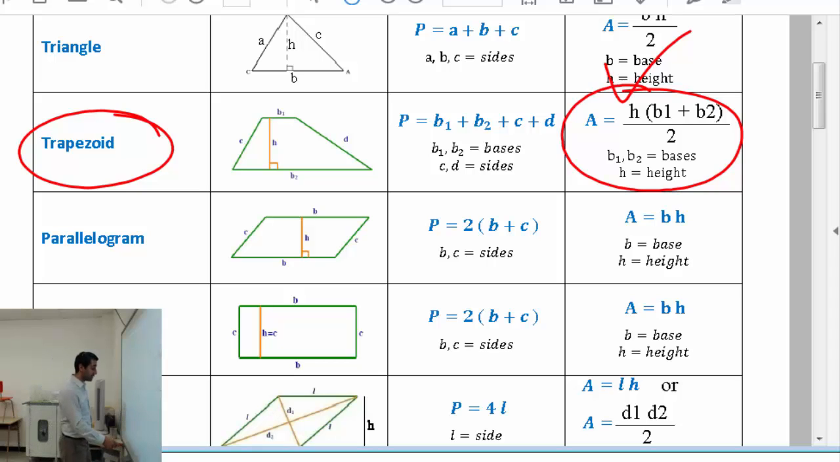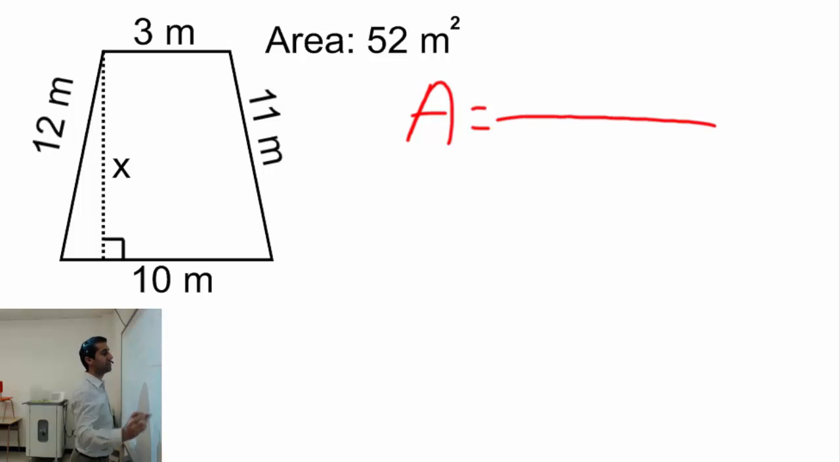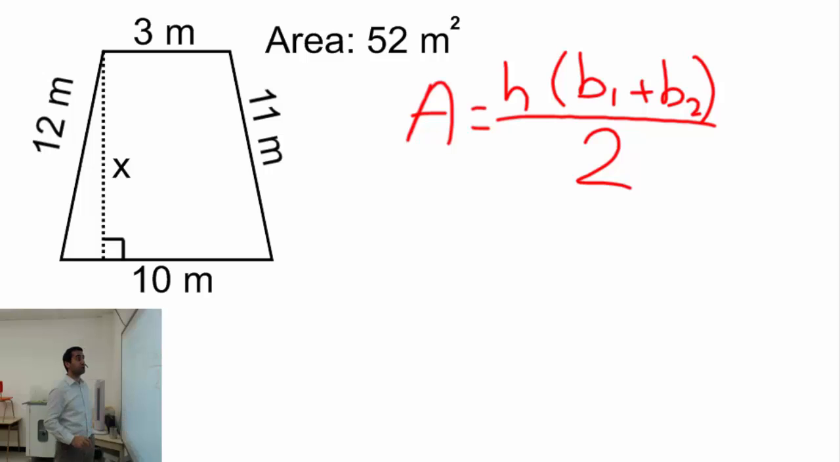Let's go ahead and write it down exactly the way it is. Area equals, long division line, and please make sure your division goes right in the middle of the equation sign here. Okay, so on the top we have H, open bracket, B1 plus B2, close the bracket, divided by 2. So what I know about the formula is the area. Let's go ahead and write that down. 52 equals